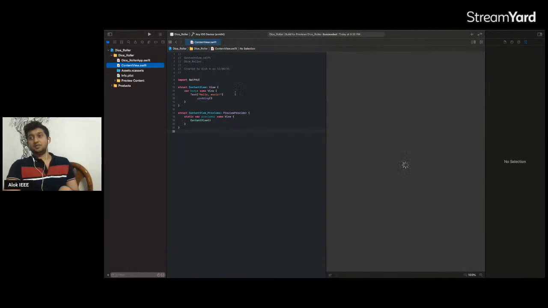So we have this preview. We talked about the preview earlier. So this is the actual view in SwiftUI. So when you